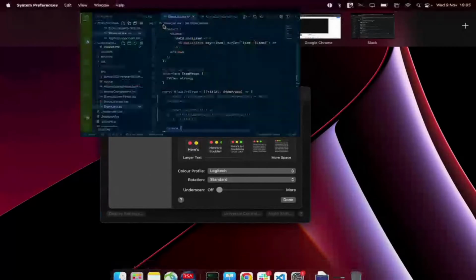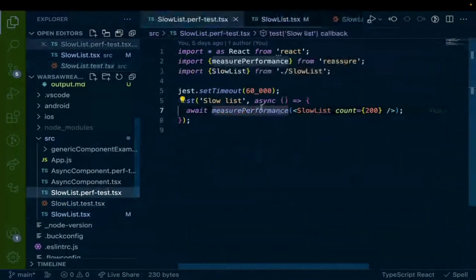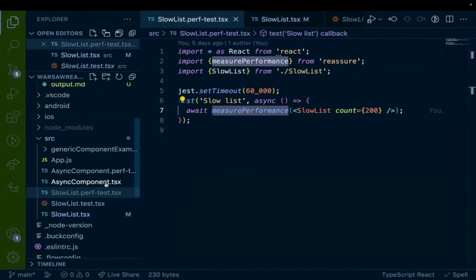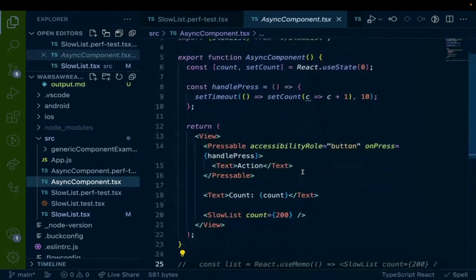And the test that I showed you is pretty simple. This is just await measurePerformance. I'm going to show you another test right now that is more complicated. It adds more to the table than just measuring rendering times.